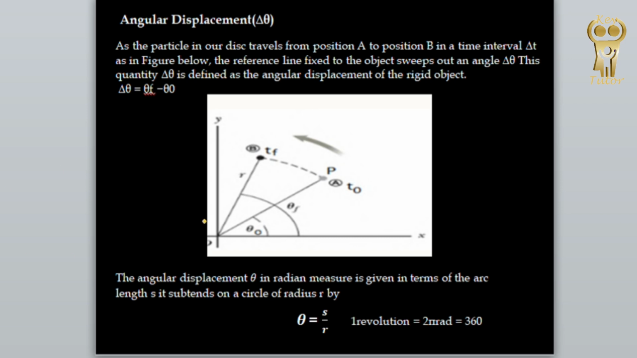As you see here, as the particle in our disk travels from point A, assume this one is point A, okay, look at this one, the first point at P, there is point A, this one is point A, okay, from point A, in the counterclockwise direction, this one is a particle,